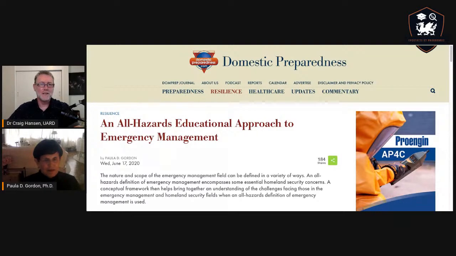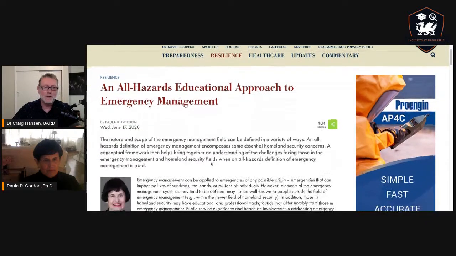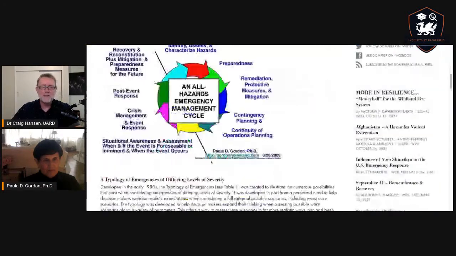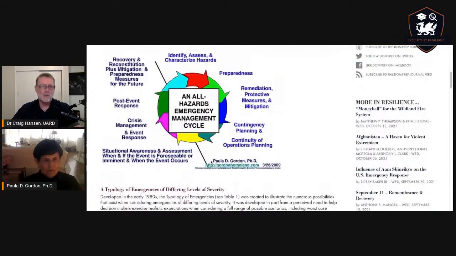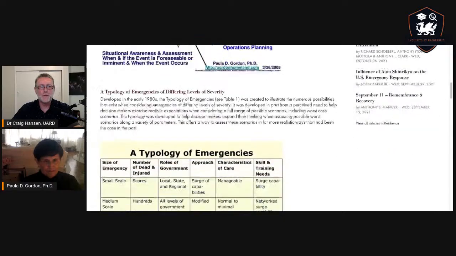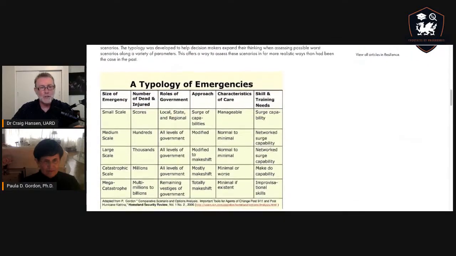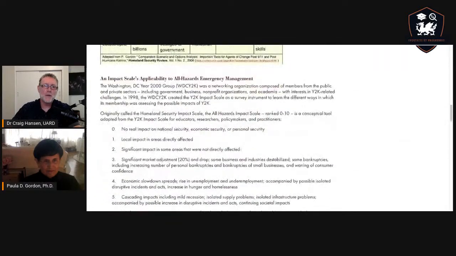So I just want to highlight this for everyone. This is in the disasterpreparedness.com, and it's in the resiliency section here. It was written last year by Dr. Paula, and it has some really clear graphics and information. And I was hoping you might be able to talk us through the typology,